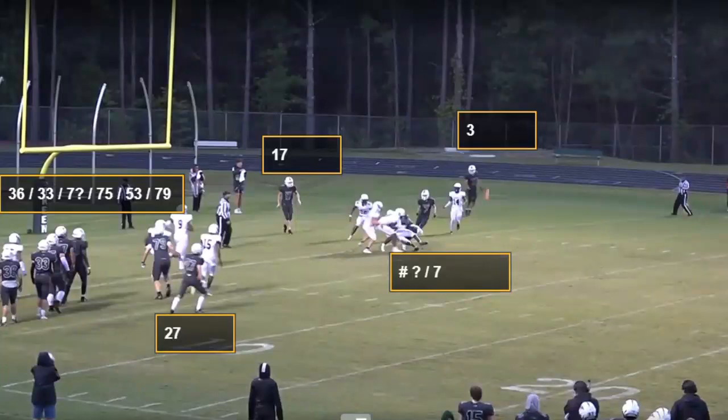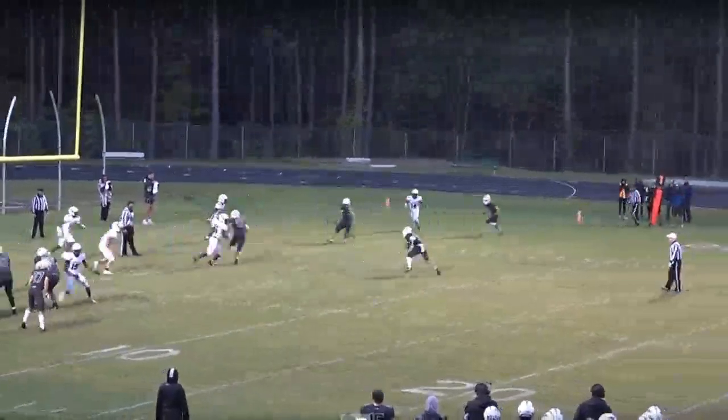As we look at this, we are not in a kick formation. We did not have a holder. We did not have a place kicker in place. So the numbering exception does not apply on this extra point attempt. We only had 4 players numbered 50 through 79 in this formation. So at the snap, unless they shifted, which they did not, this would be a flag for an